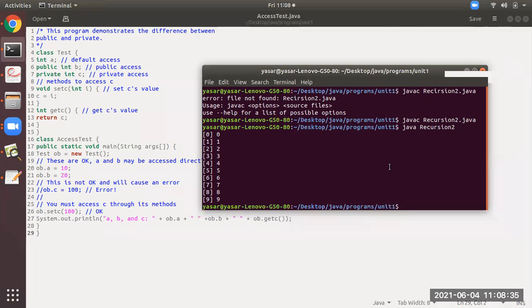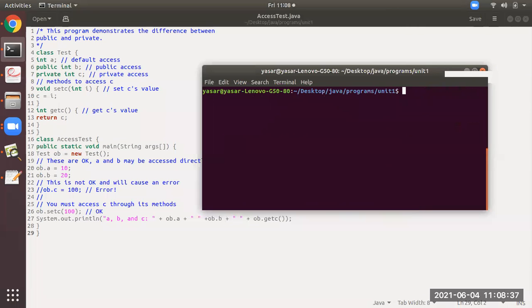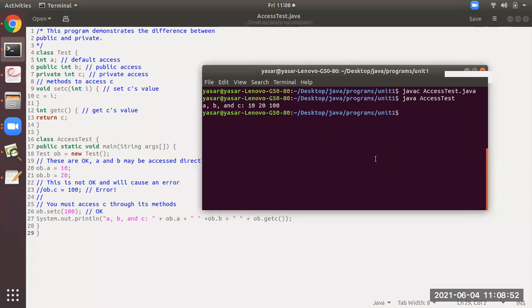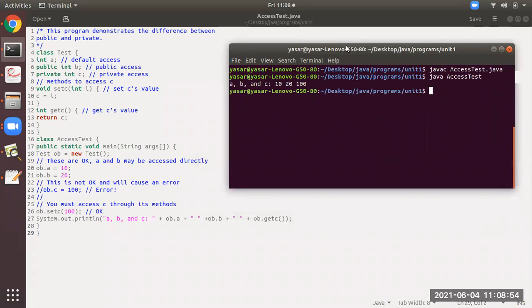Okay, then just a minute. I'll execute the program whether it is having any error or not. After that, I'll explain the concept of access mechanism. Yeah, it's fine, it's working. Yeah, students, now see here in this particular program,